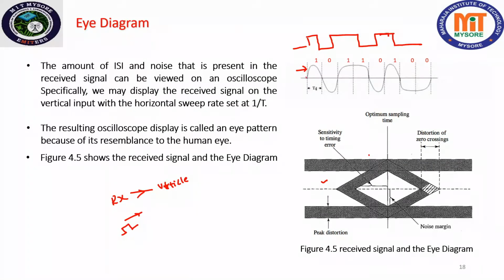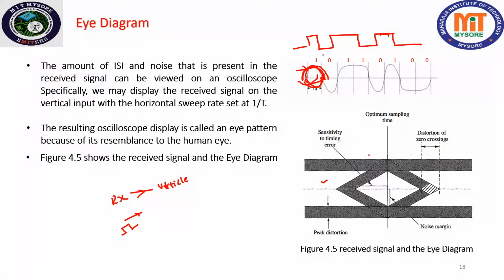So let me take the first one here itself. Next sample is here, that is 0. So it will come like this. Next sample is 1. Next sample is again 1. It will overlap on this. Then 0. Then again 1. Then 0 and 0. So you can see that this particular thing causes the eye diagram.